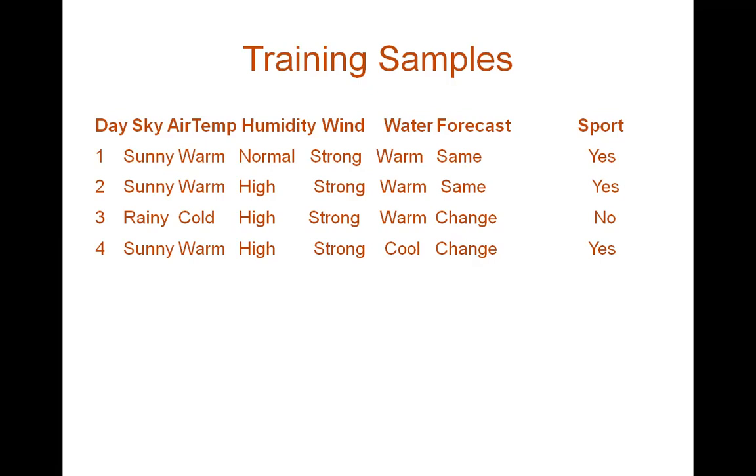Using that hypothesis for new unseen data, we can say whether that person will enjoy the water sport or not. Hypothesis is nothing but a conjunction of these attribute values: sunny and warm and normal and strong and warm and same. It consists of all the six attribute values, and we have got a specific hypothesis.